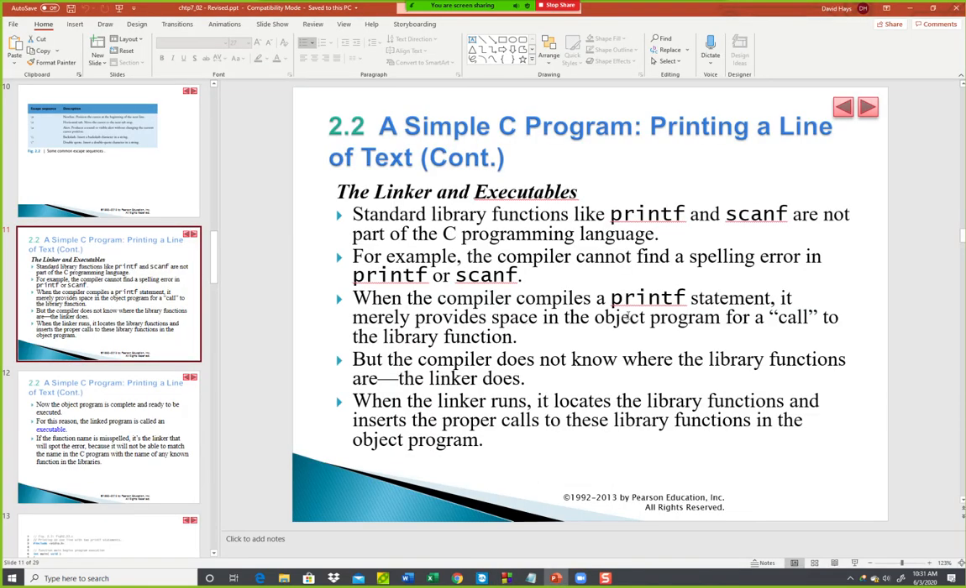Okay. When the compiler compiles a printf statement, it merely provides space in the object program for a call to the library function, but the compiler does not know where the library functions are. The linker does. When the linker runs, it locates the library functions and resolves the calls to them in the object program. Basic idea is when you compile it, it brings it all together. So it locates that library, brings it in, and when it's all said and done,